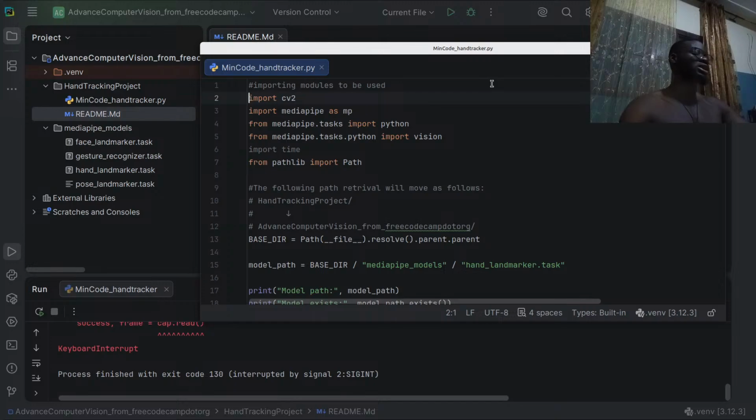But if you want to make a separate project just dedicated to one or all of the models, then you can get away with just having the models and script in one folder, in one directory, and then you don't need to call them this long way. Because